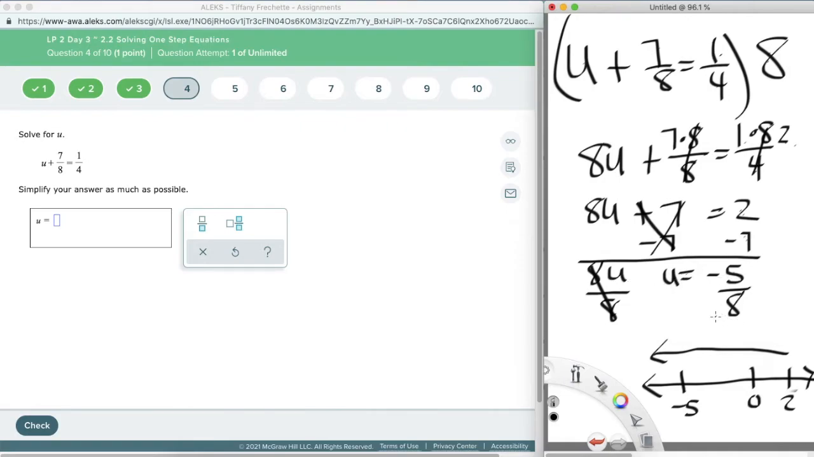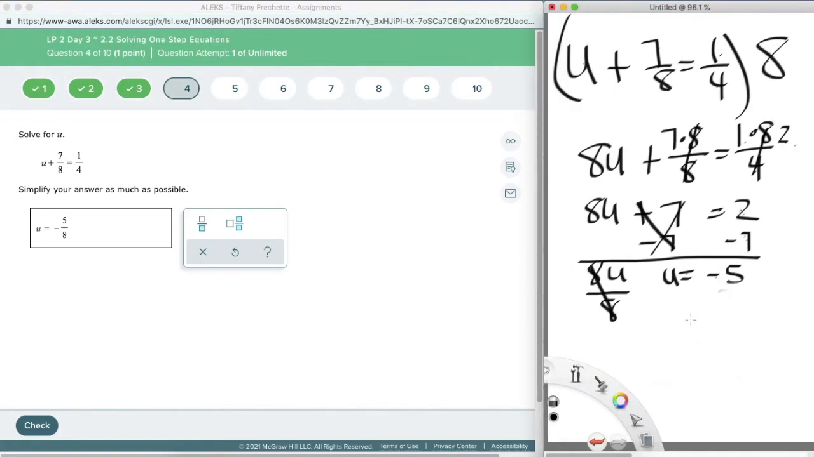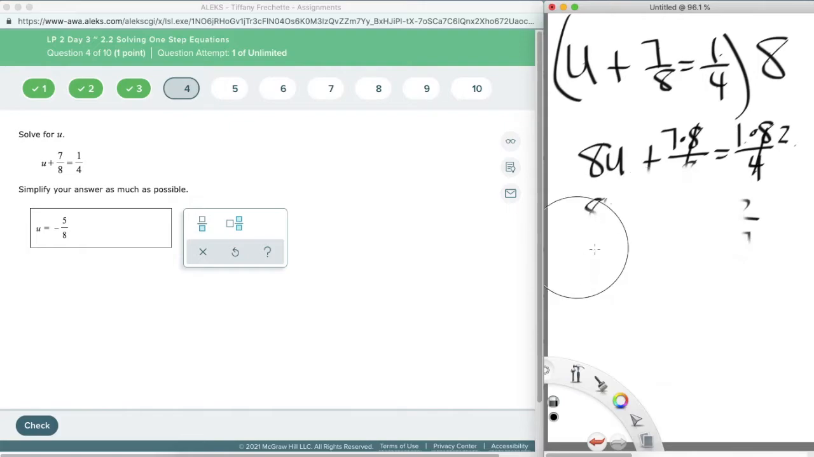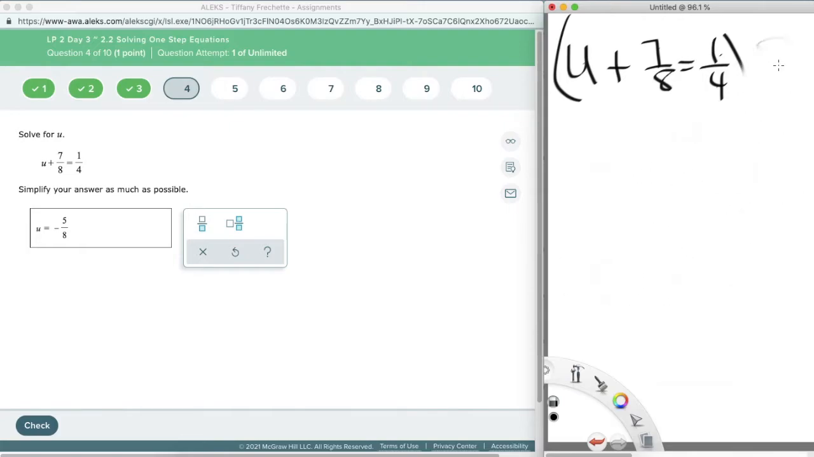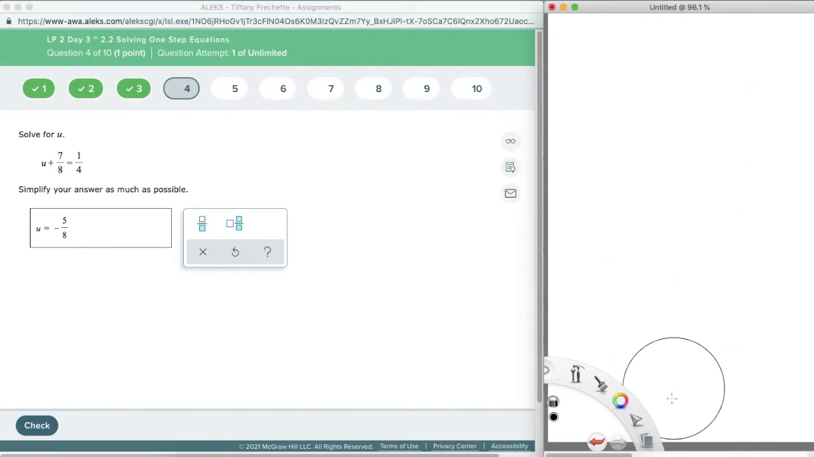So this is one method. It's not the only method, but it's definitely one method. So I know it's going to be -5/8, but let me show you the other way, because this kind of depends. This one might be a little bit more advanced for some students, this method that I just showed you. So you can also just combine like terms